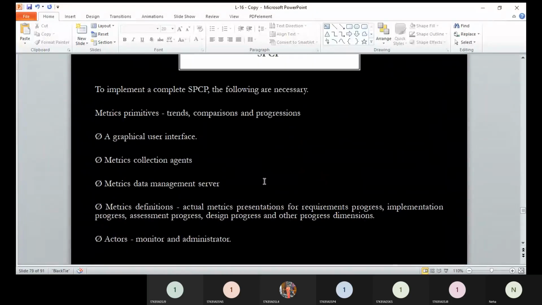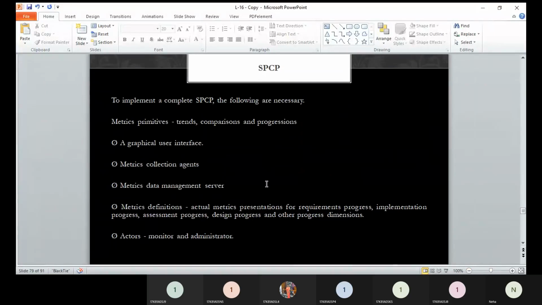Then let us see more about this SPCP. To implement this complete SPCP, what things are necessary? Obviously a graphical user interface is required first, with GUI support for the software project manager and flexibility to support other roles.